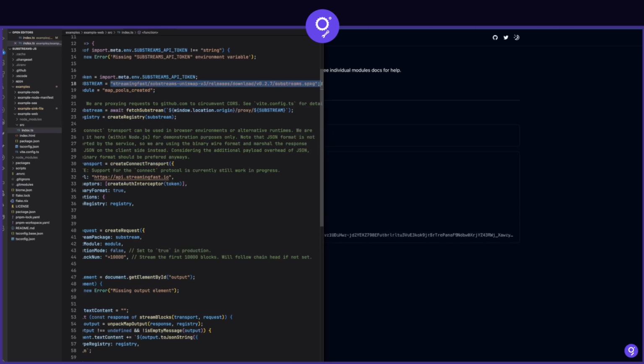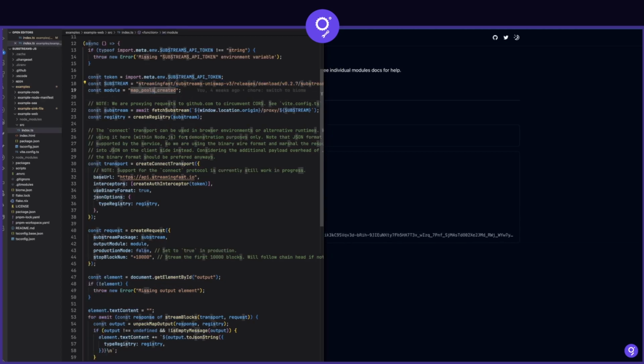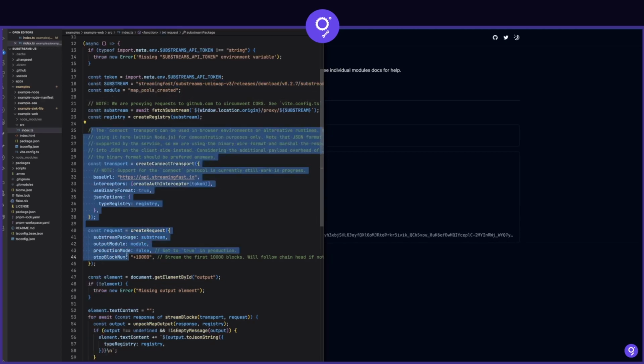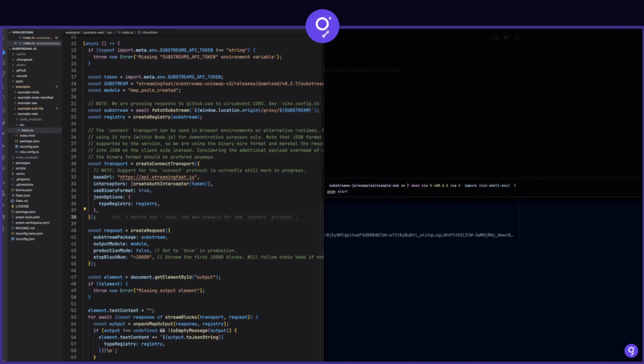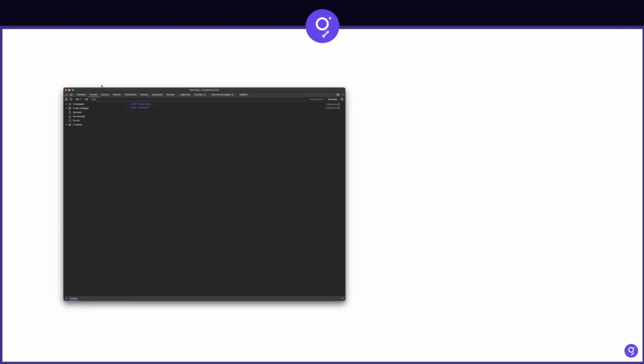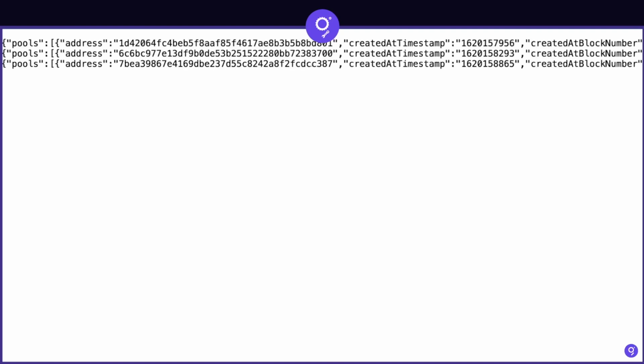You load a substreams package, you define which module you want to use, and then you just call the gRPC service in this code here. And if I open this now, with these 50 lines of code or so, we get, hopefully, yeah, the message streaming